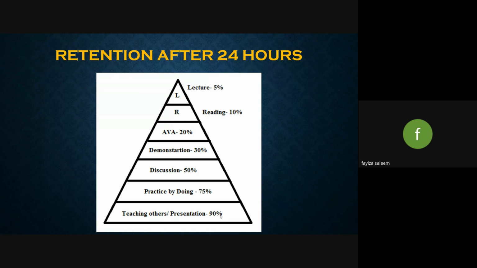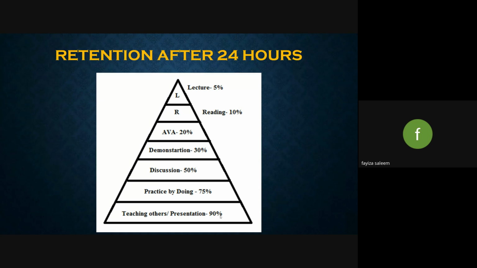So what this particular study implicates for us, that definitely in the school, in the university and colleges, we have heavy syllabus, and that syllabus is required to be covered in the stipulated time. So definitely we are under pressure. So we have no option except to use lecture. Only through lecture we can finish the